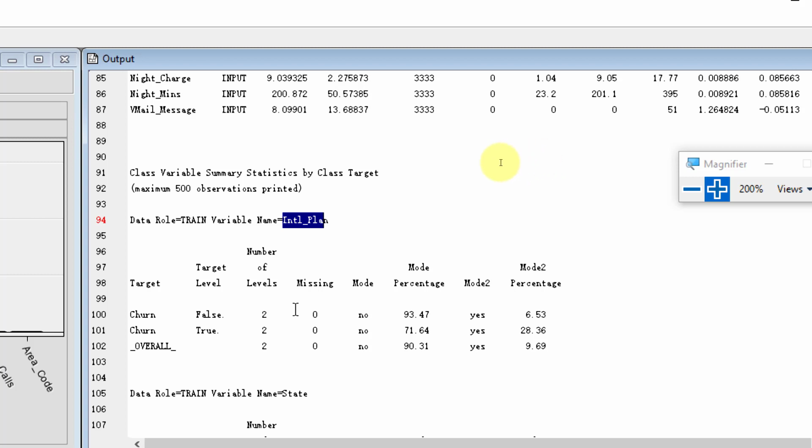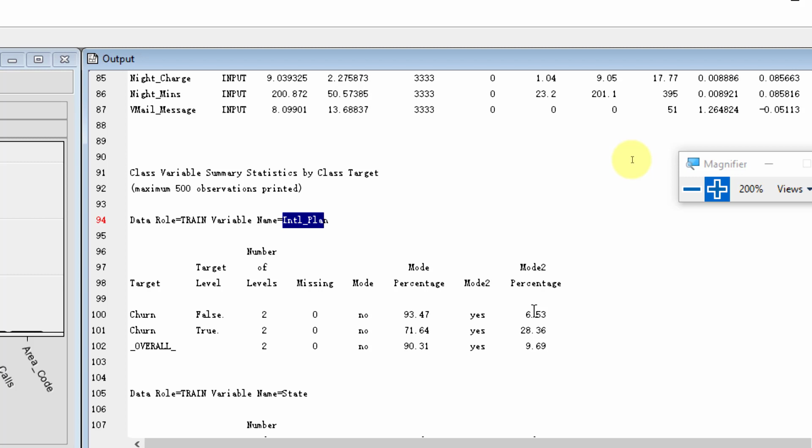So within these non-churners, those without the international plan occupy 93% of the subgroup, and those with yes international plan occupy 6%. So the visual tells me it's 10%, but